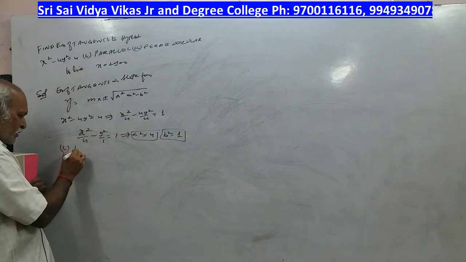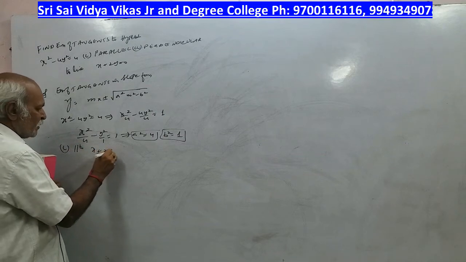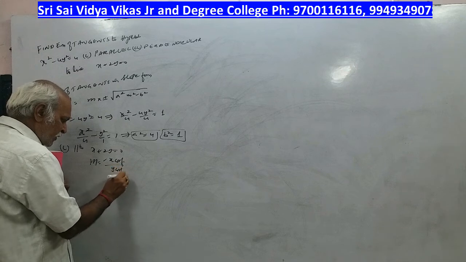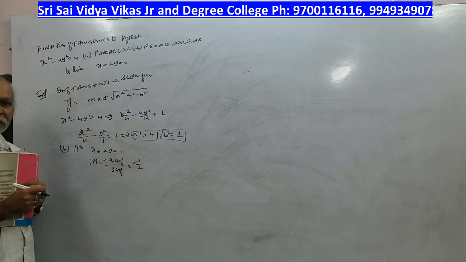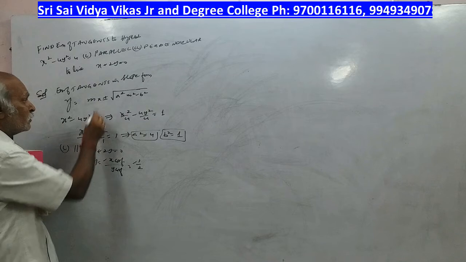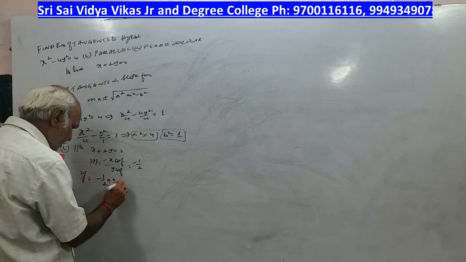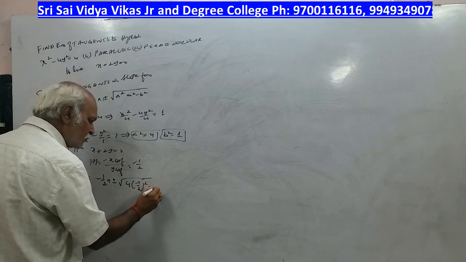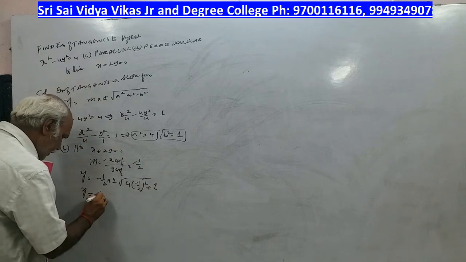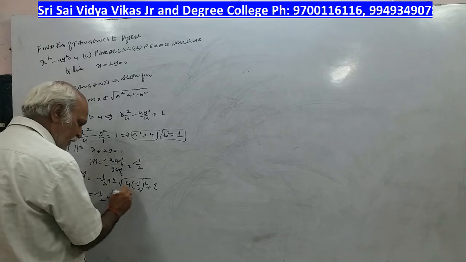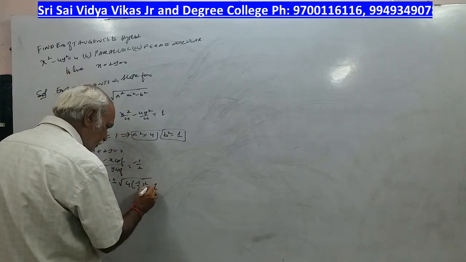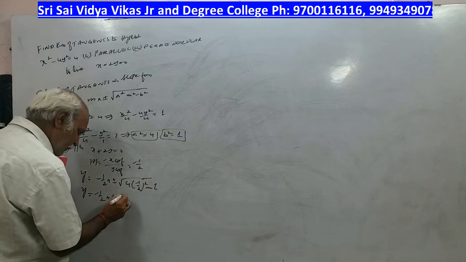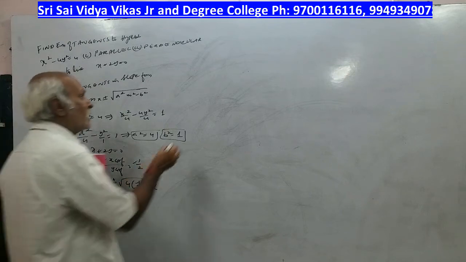Now, first condition is what? Parallel to x plus 2y is equal to 0. So m is equal to minus x coefficient by y coefficient. So minus 1 by 2. Therefore, y is equal to m value, plus or minus root of a square, 4 into 1 by 4 whole square minus b square, which is 1. Sorry, a square m square minus b square. So this becomes 1 minus 1, 0. So y is equal to minus 1 by 2 x.